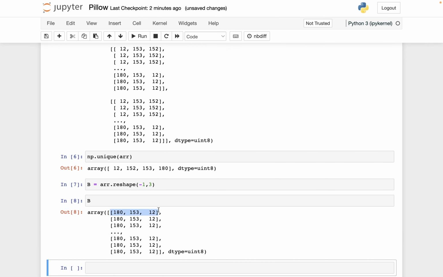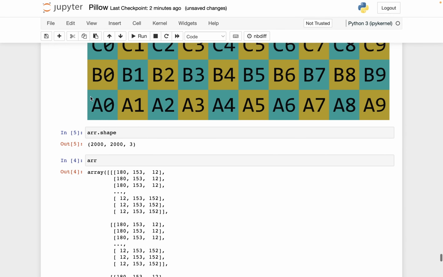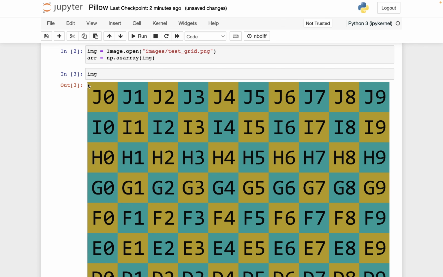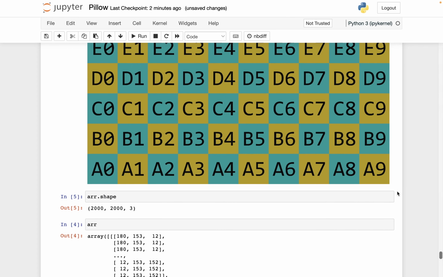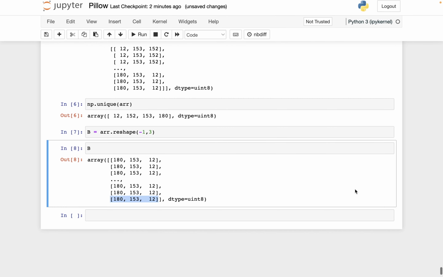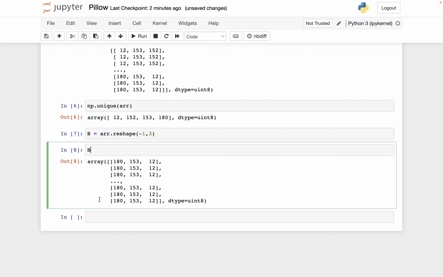Okay, so here is the very first RGB triple that shows up, the upper leftmost. Here is the last one. If we look at the picture, the upper left and the bottom right should be the same color. So here is upper left, here is the bottom right, and you can see they are the same color. Okay, good. And so if I check the shape of B,